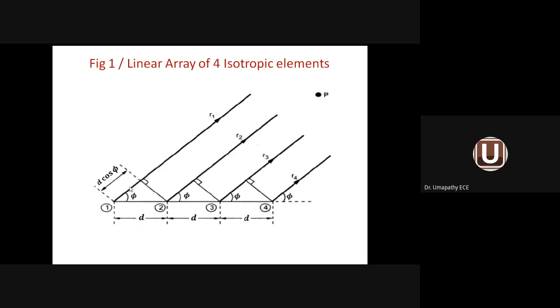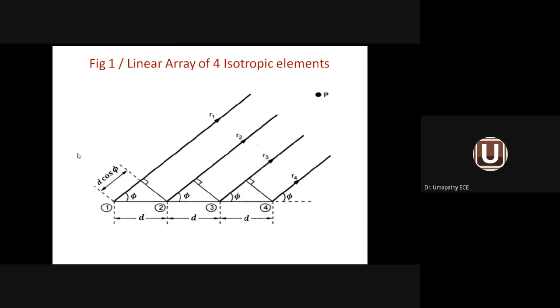What is phi? The angle between the radiation and the x-axis is phi. What is psi? Psi is the total phase difference because of all the antenna elements at point P. What is alpha? You take the first element and the second element. The difference in phase between these two elements is called alpha, the progressive phase shift. What is this alpha value? Alpha equals 0 for a broadside array, alpha not equal to 0 for an end-fire array. That is why we come across opposite phase in the case of an end-fire array when compared to a broadside array.